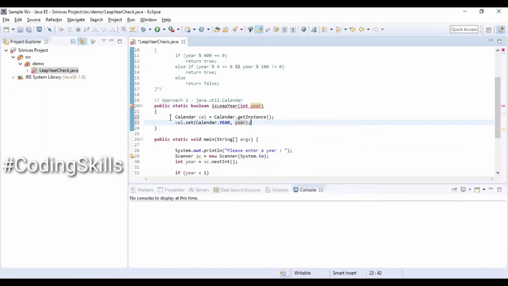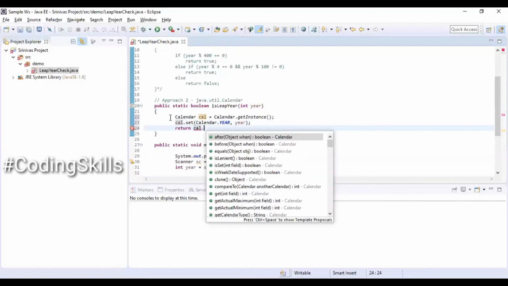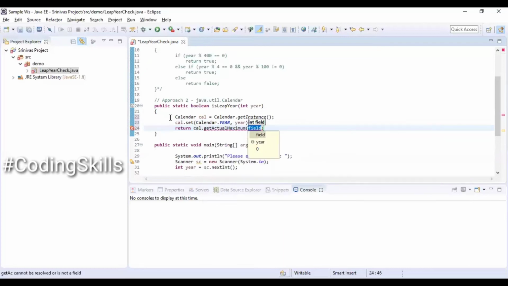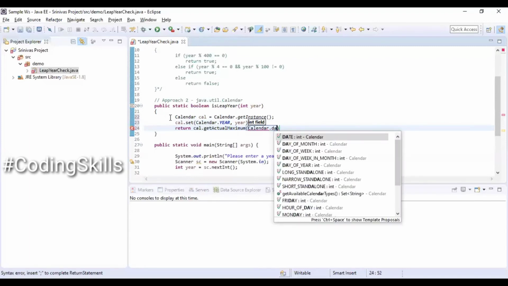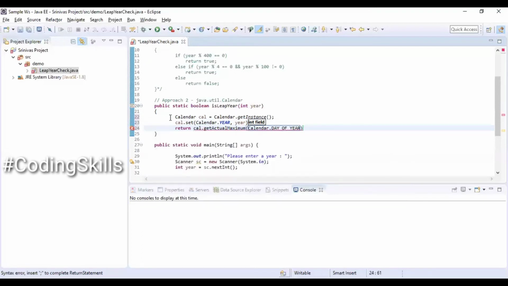Once we set the value to the Calendar object, we are returning calendar.getActualMaximum(Calendar.DAY_OF_YEAR).